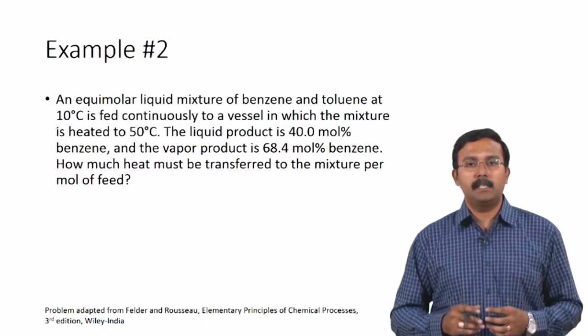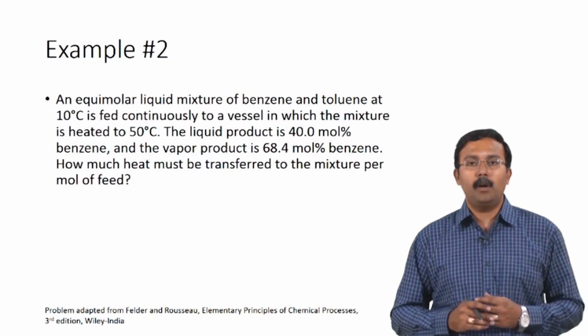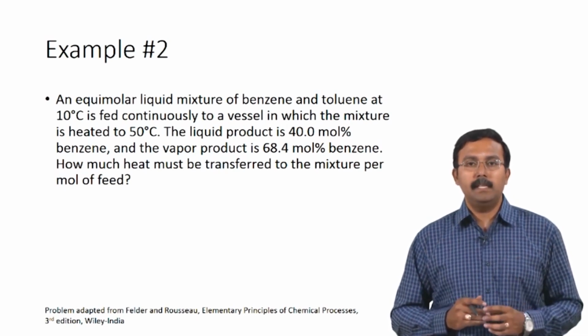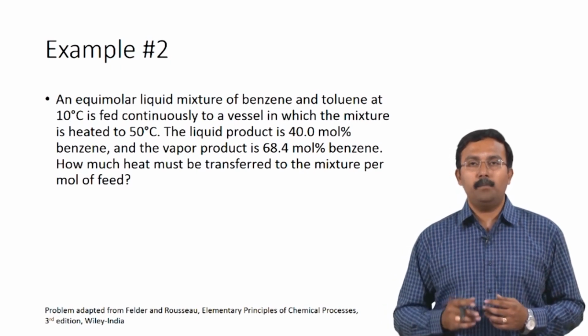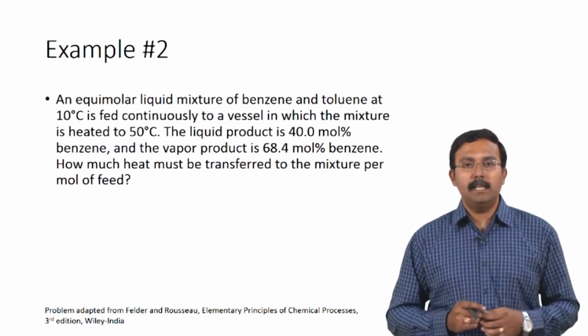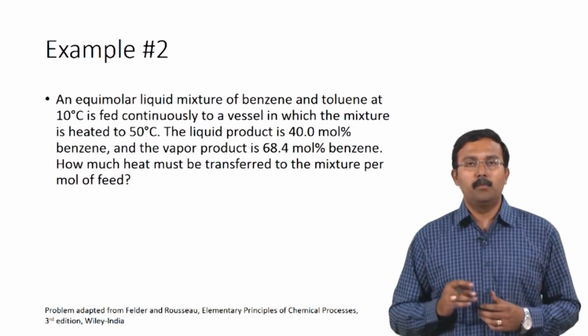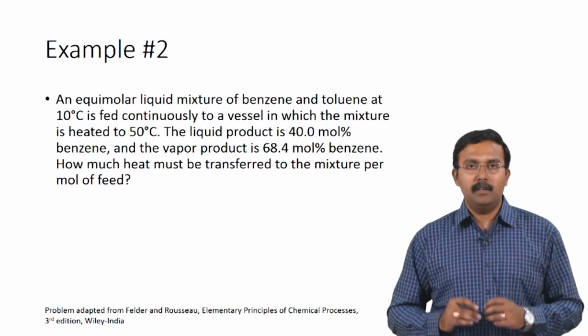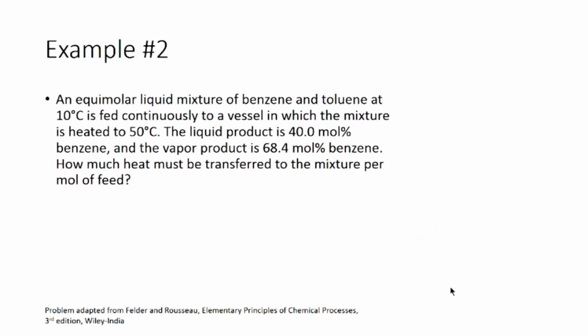in which the mixture is heated to 50 degrees Celsius. The liquid product is 40 mole percent benzene and the vapor product is 68.4 mole percent benzene. How much heat must be transferred to the mixture per mole of feed? So, now let us first convert this word problem into a flow sheet. So, we have a system where an equimolar mixture of benzene and toluene is entering. So, this means you have 0.5 moles of benzene per mole and 0.5 moles of toluene per mole